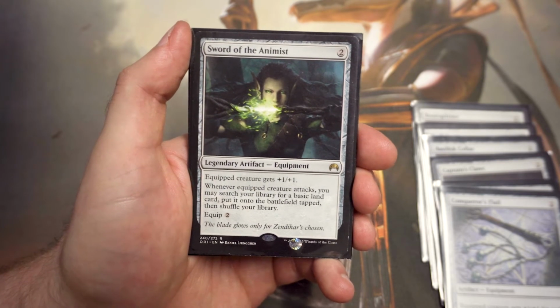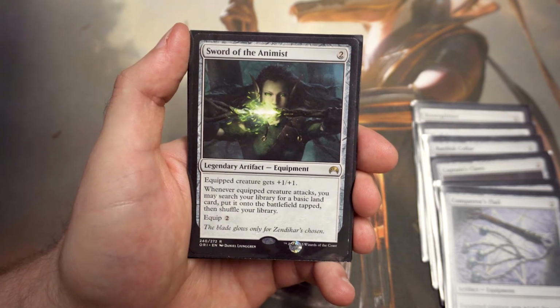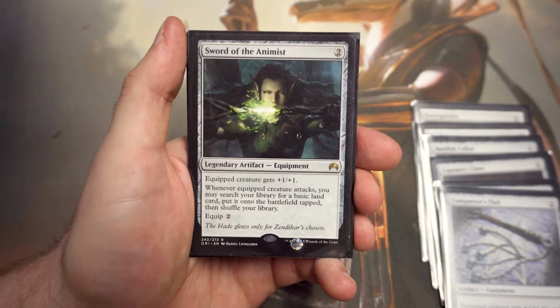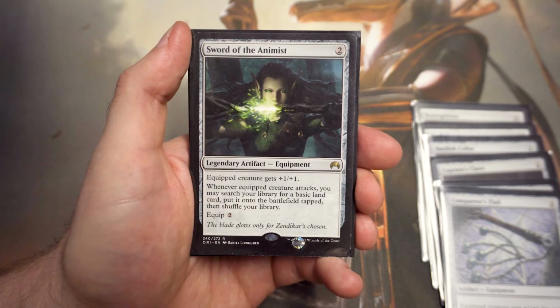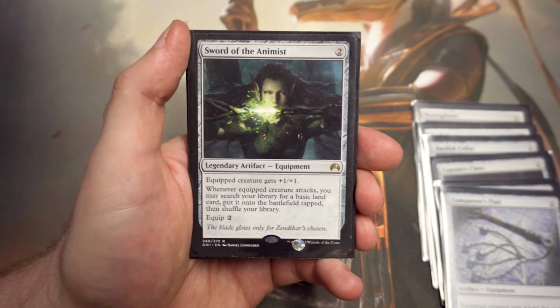But whenever the equipped creature attacks, you may search your library for a basic land, put it onto the battlefield tapped, and then shuffle your library. So in that sense, it's actually good for ramping you up, getting yourself ahead. So you've got other ramping spells within green for example, plus being able to do this on top just means you're going to be able to outcurve your opponent very quickly. In that respect it has been quite good, but at the same time